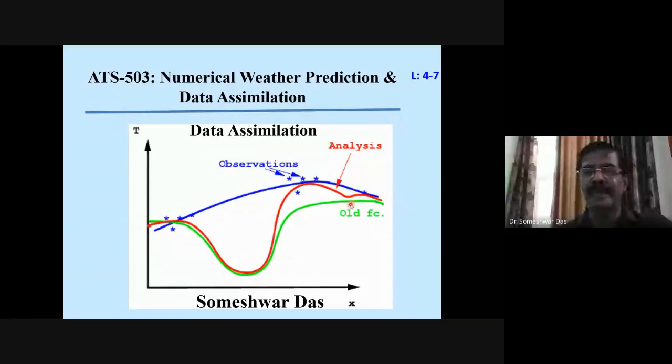So that's why we say that when there are no observations, over the ocean or any remote places or the mountains, etc., your initial condition or analysis produced by the assimilation system is the same as the first guess, or it just reproduces the first guess. Whereas wherever there are observations, the analysis will be closest to the observations. So this is the basic fundamental philosophy of the data assimilation system. All right. Is that clear?